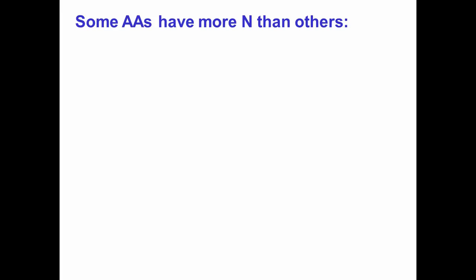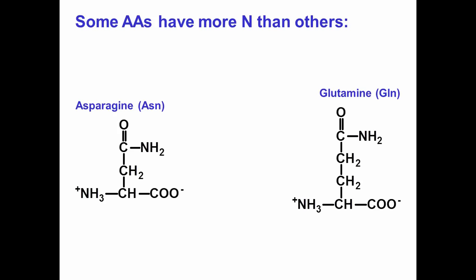So let's look at some structures. Did you have to memorize amino acid structures in biochem? Great. No, I'm not going to ask you to write out a bunch of structures. However, it is helpful to dredge back to that because it helps us think about the nitrogen content. Asparagine and glutamine, and I have to admit, glutamine, for all its positives and negatives, has been something I have thought a lot about clinically. It's a good one to remember. It's got 2 nitrogens. Asparagine is its close cousin, and that's got 2 nitrogens.